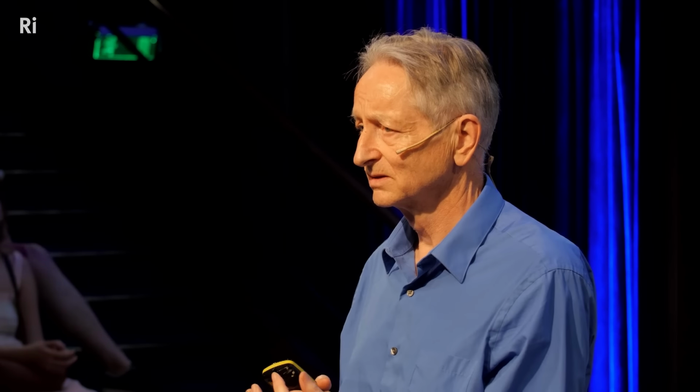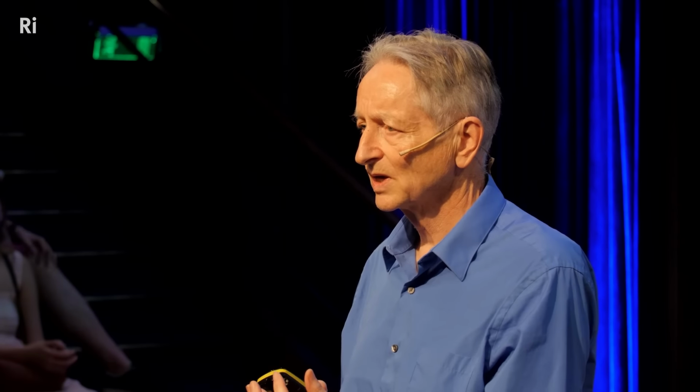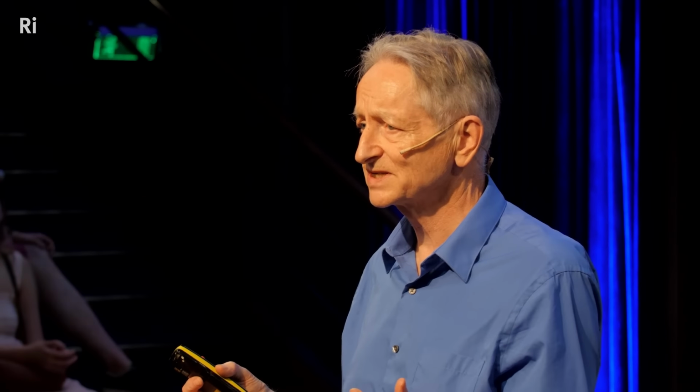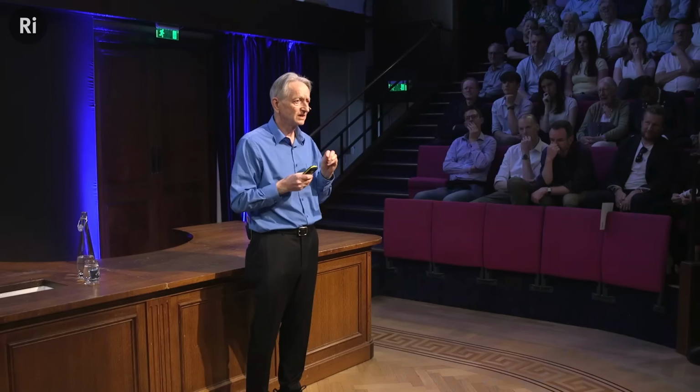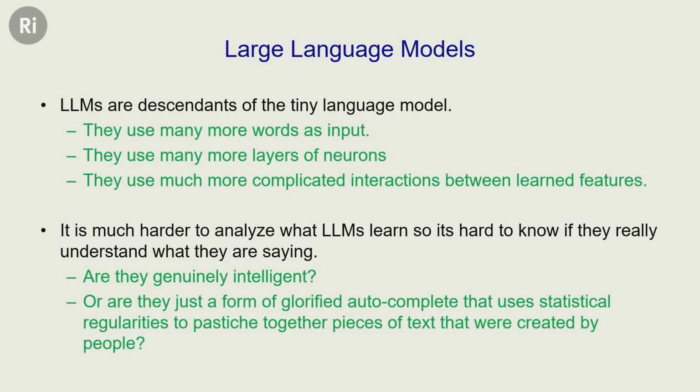And when these linguists now say, like, there's a guy called Chomsky, when they say things like, these things don't understand anything, they're just a statistical trick, they don't actually have a model of what understanding is, because they never really had a model of what understanding was. It was all about syntax. And if you ask, what's the best model we have of understanding? It's these large language models. The tiny language model was built to try and model how humans understand the meanings of words. It's now got a lot better, as technology's got a lot faster and data sets have got bigger. But that is understanding. So my claim is that the large language models, which I like to think are descendants